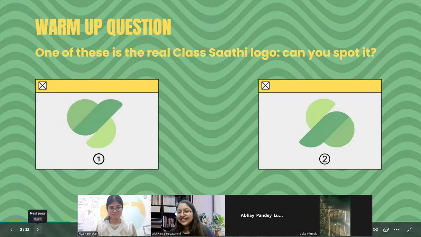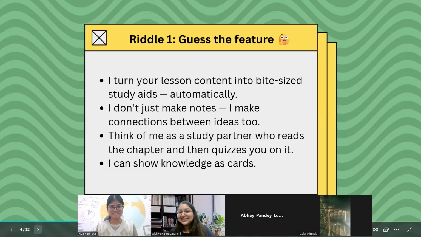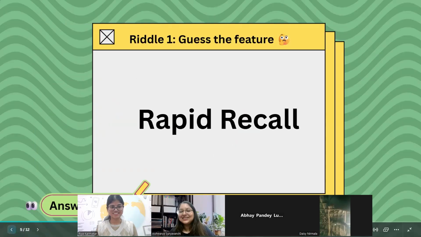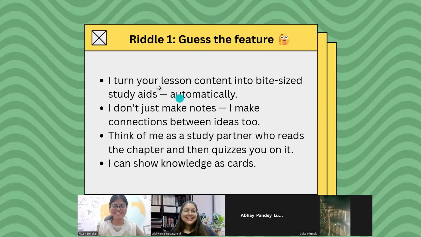All right. So I think we can go to the next question. We have around 30-40 teachers answering this. Yes, the correct answer was option number 1. And I think all of our teachers are well aware of how the logo looks. So that's a good sign for us. Thank you for your answer, teachers. They might have seen the answer for this one, there was a slight mishap, but we'll still continue.